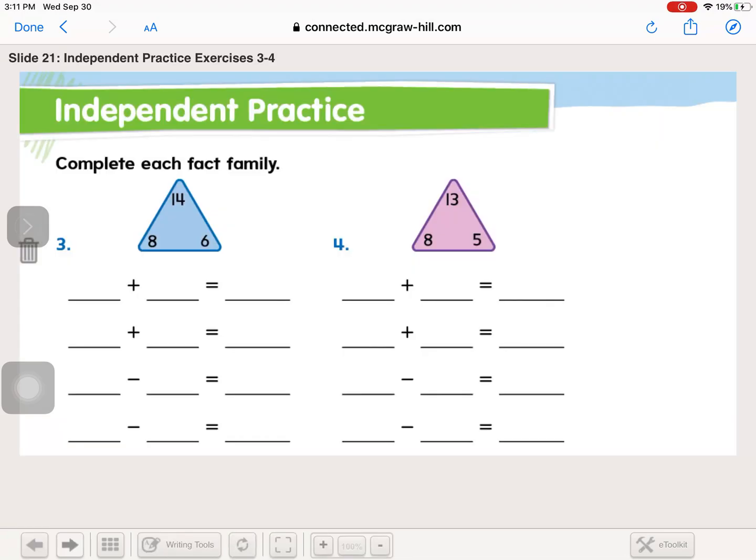Okay, you are ready for your independent practice on page 83. Please complete 83 and 84. Upload pictures of those to your school